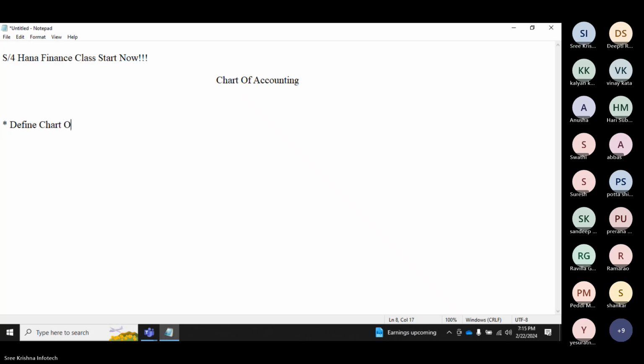Define chart of accounting. Okay, I'm not writing the path also because we have the same path in ECC and EHP and S4HANA also. OB13. So please remember in ECC, otherwise EHP, we have two options like this. Financial accounting